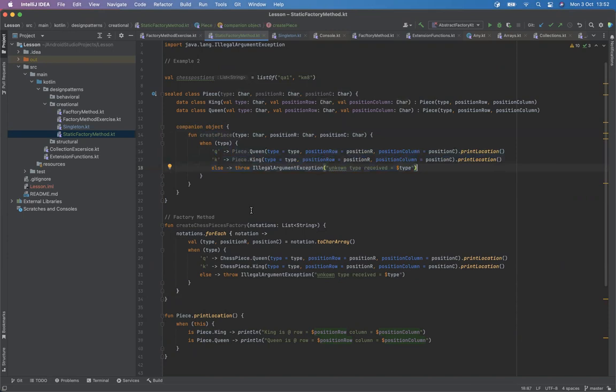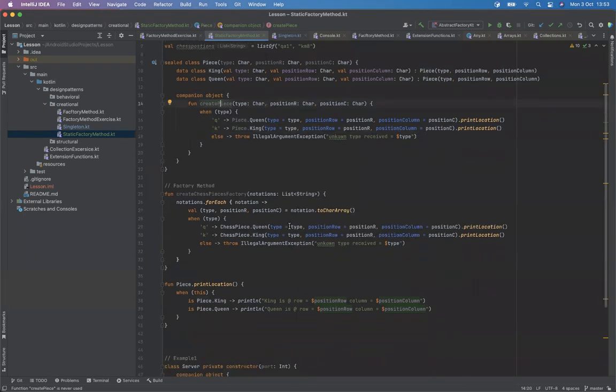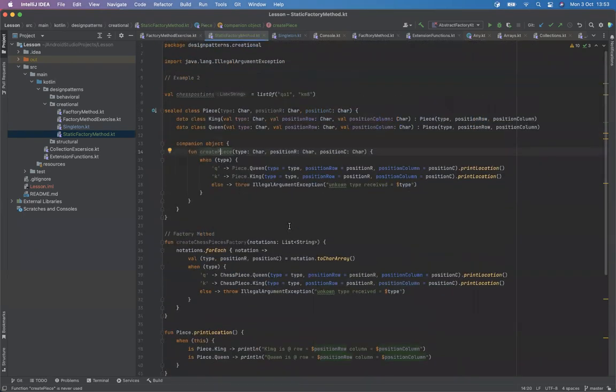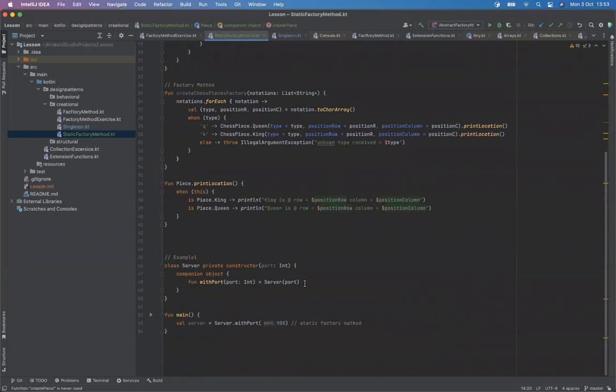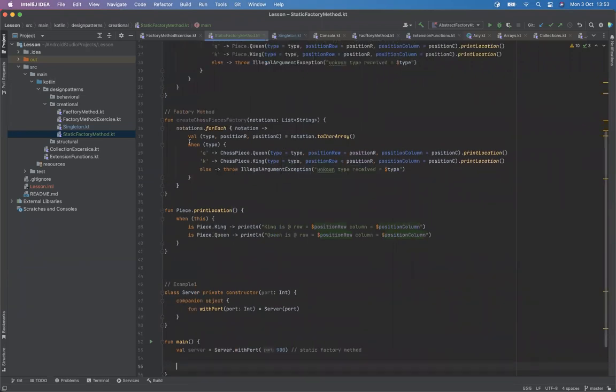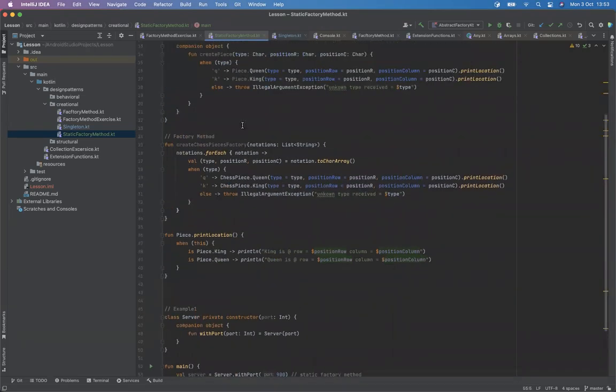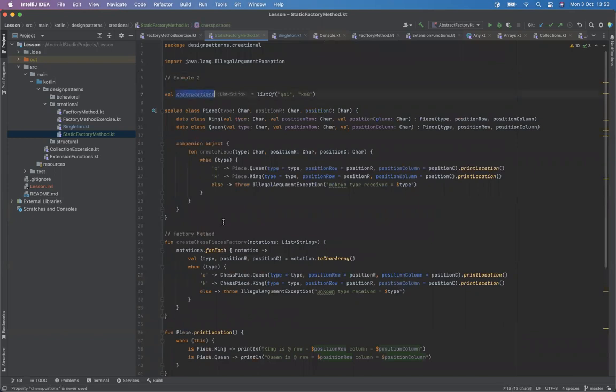So it's going to give us a piece every time I call this create piece. So how do I now call this in the main method? So if I now need to call this, I'll receive the given strings. So I'll take that